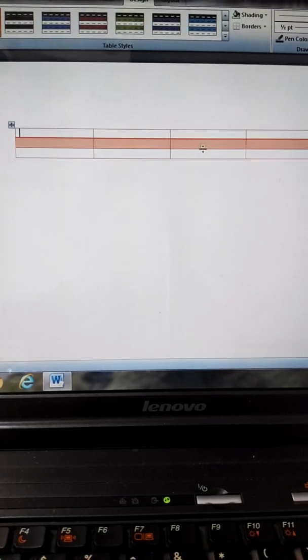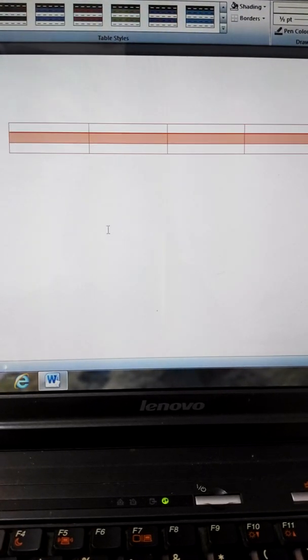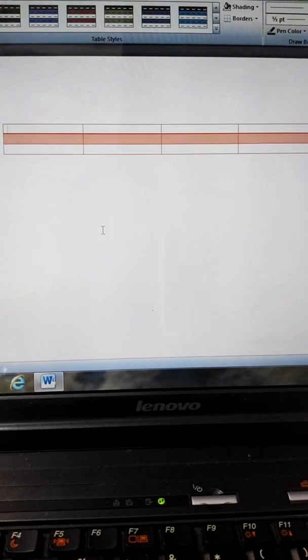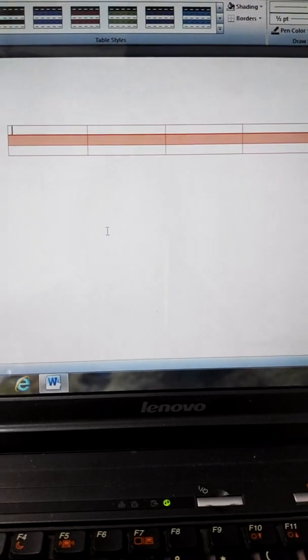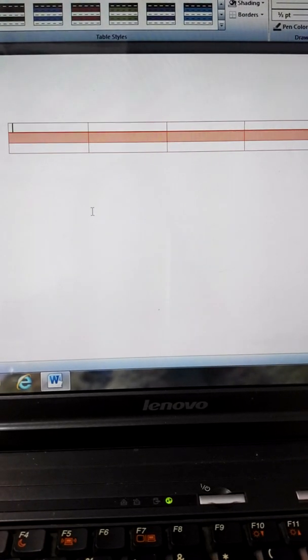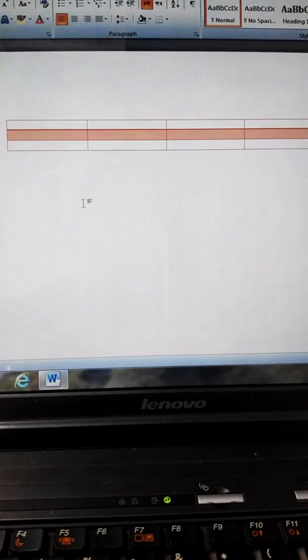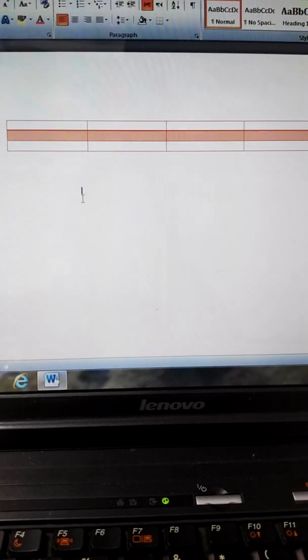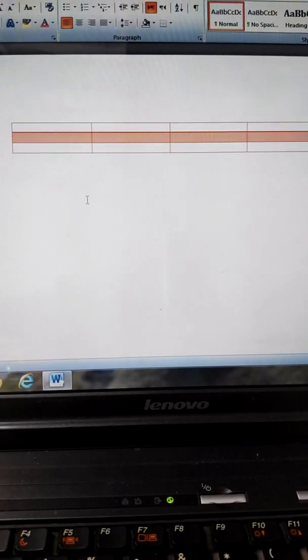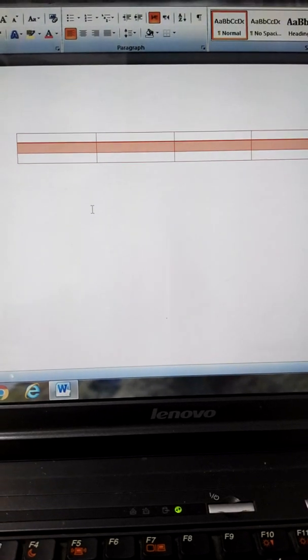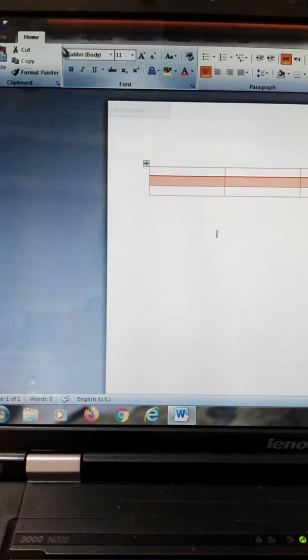Right. Now here we are going to learn another method to insert a table in our document, and you can say that this is the short method to insert a table.